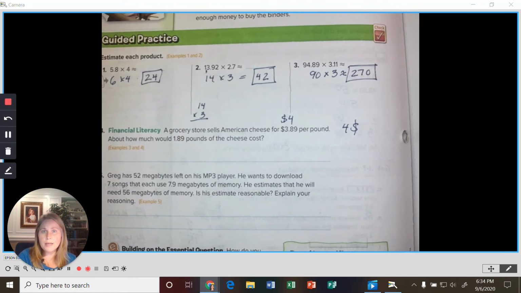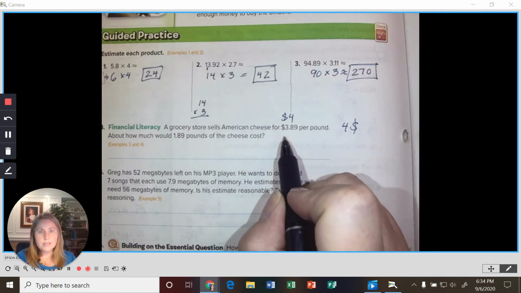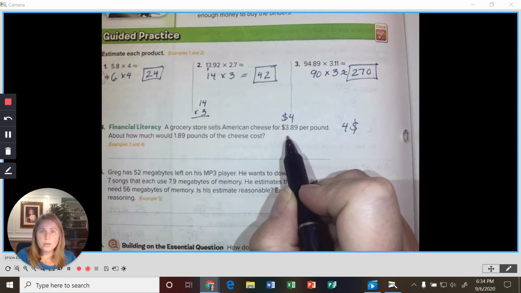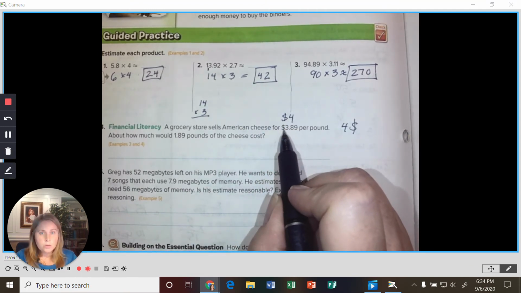So let's talk about why it does matter and why we do want that dollar sign at the beginning. The same way that we want to start each sentence with a capital letter because it cues us that we're starting a new thought, the same way we want to end each sentence with punctuation, whether that's a period or a question mark or an exclamation mark, so we know there was a definite ending. We want to do the same thing with the dollar sign because it's going to cue the reader how we read the number. So when we read this number, we say